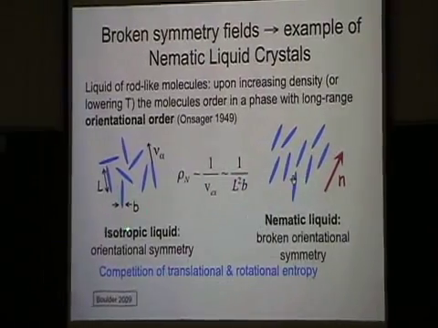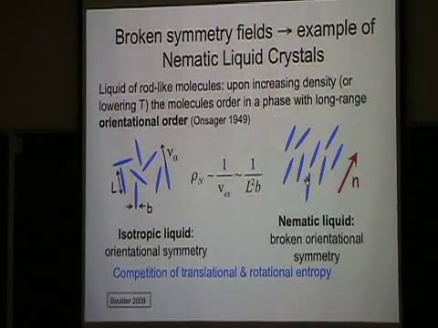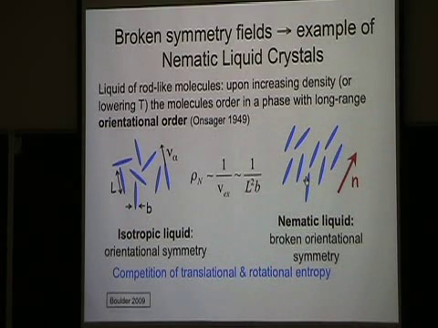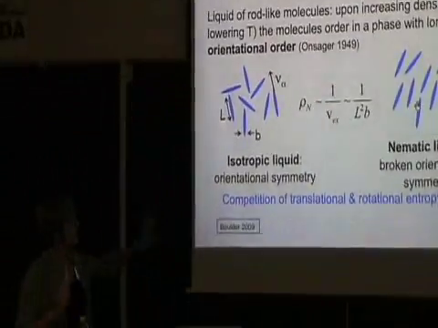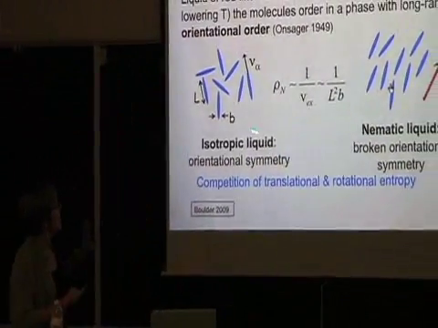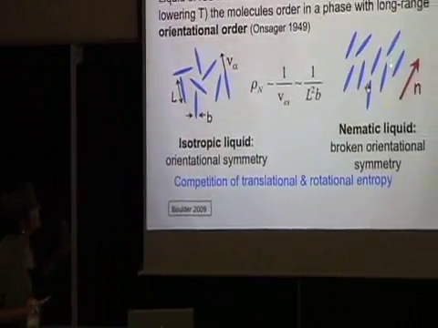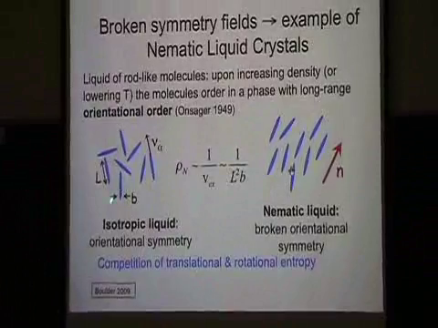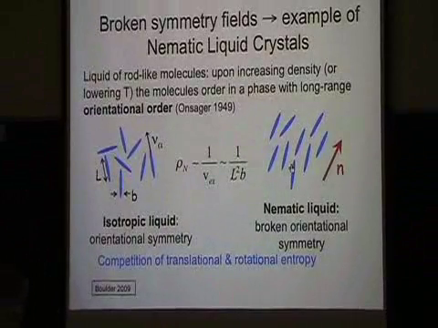And that's why they prefer to order, if there are enough of them, into a state which is called a nematic state. So what is the broken symmetry field? And the fact that it's slow dynamics is not slow dynamics here. I'm going to tell you next. So the question is, why am I saying that there is a slow field associated with this? That's what I want to tell you next.